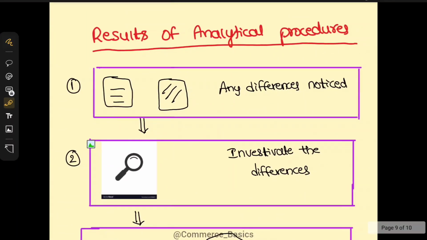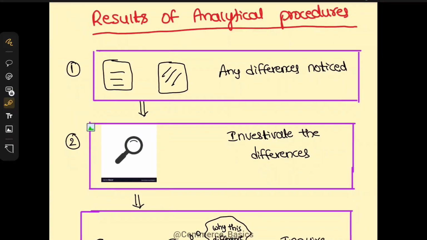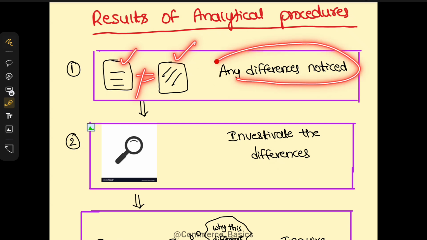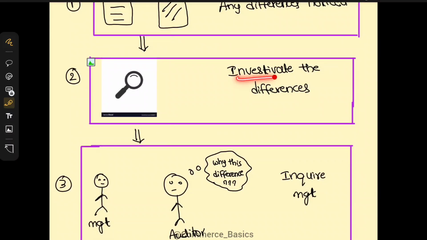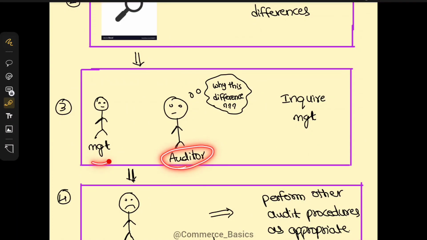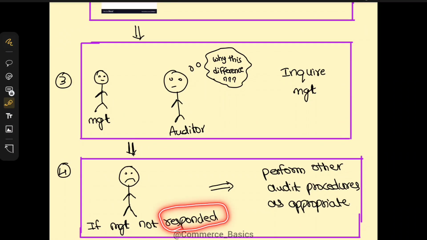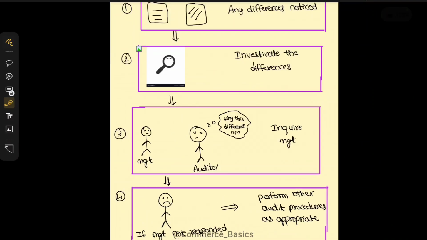And finally, what should we do with the results? So this is a big thing. Like you are comparing one data with another data and you find some differences, then what do we have to do? First we have to investigate the differences. So why is it happening? Then as an auditor, you have to ask management why the difference is happening, like what is the reason for the difference. You have to inquire of management. If the management is not responding, then you have to perform other audit procedures as appropriate. You don't have any other option. So with this, SA 520 will be